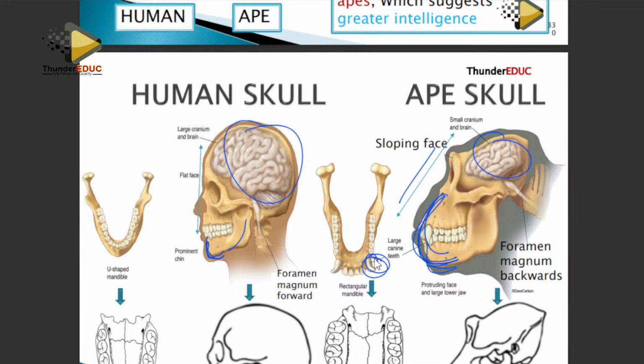Look at the canine. The canines are large. Here they are small. Looks like to be C-shape. Here is a rectangular shape. So you look at those. Position of foramen magnum is in a more forward position. You understand? Here it is in a more backward position. So you have to add that word more: more forward position, while the other one is in a more backward position. So you can look at differences there and then you give according to the question they have asked you.